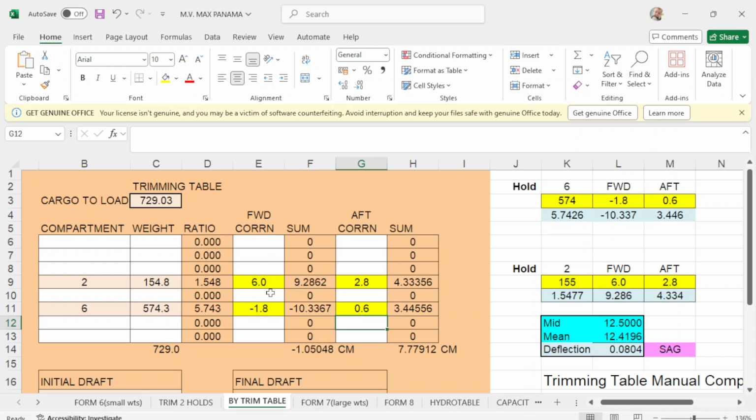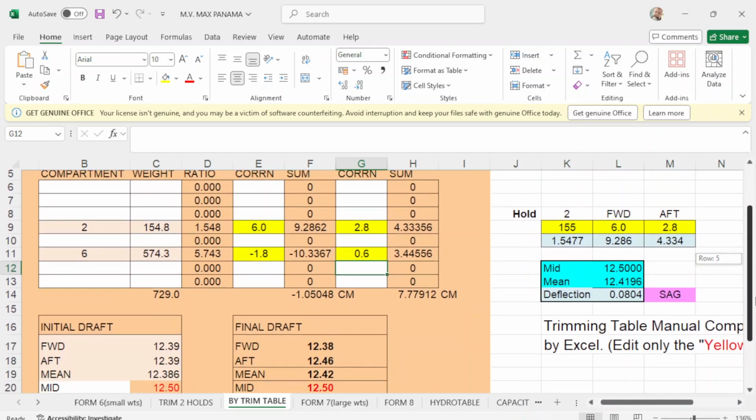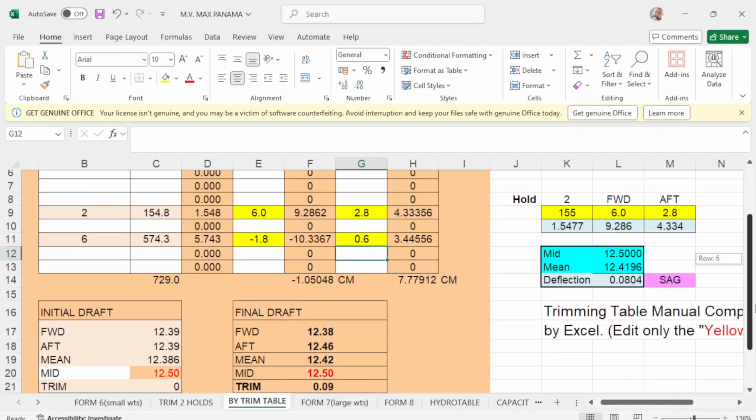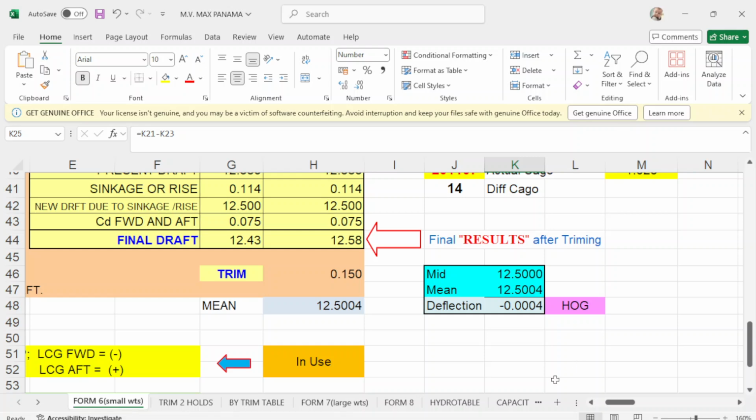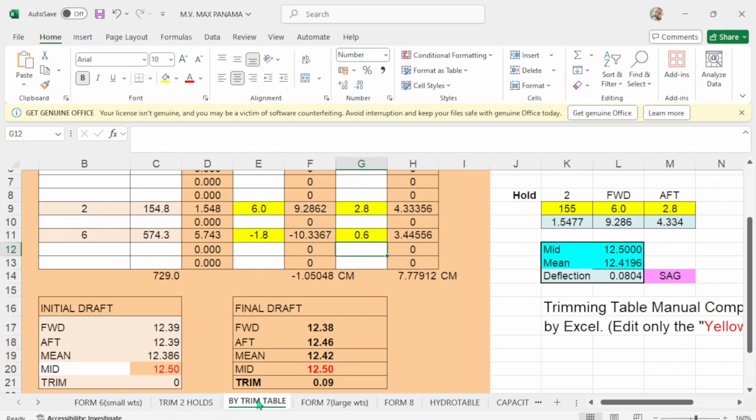We don't know the correction of number 6. What will be the draft here? Should be 12.5. Okay. How much would be number 1? 12.43. So you adjust this one. It's either you add or minus 12.43.